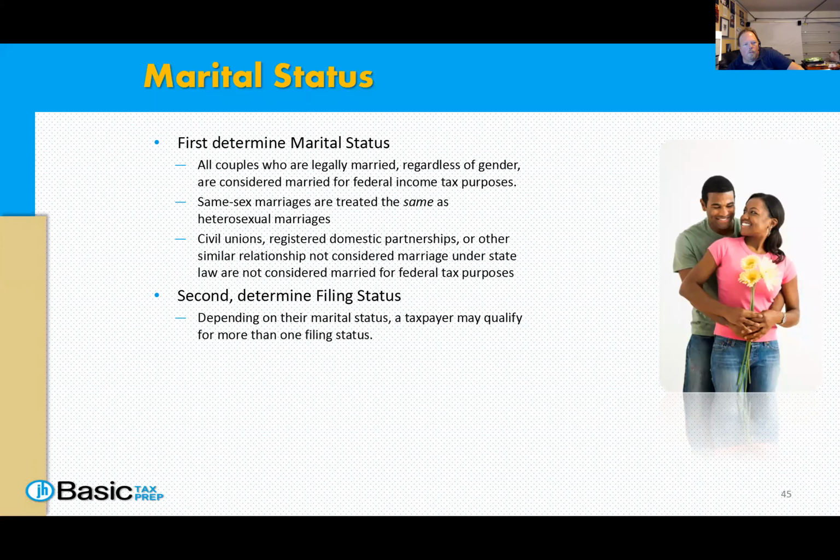Okay. So first off, now that we've decided, are they married? And that means legally married. Now we need to decide their filing status. What normally decides their filing status? If they're married or not. No. We've decided if they're married already. But what now decides their filing status? What is normally their determining factor?